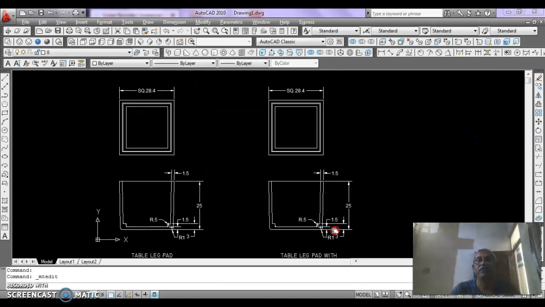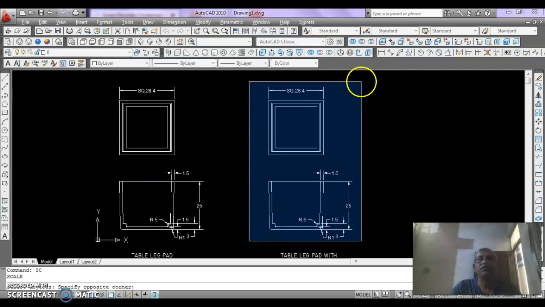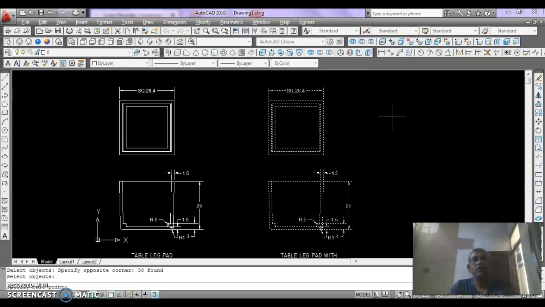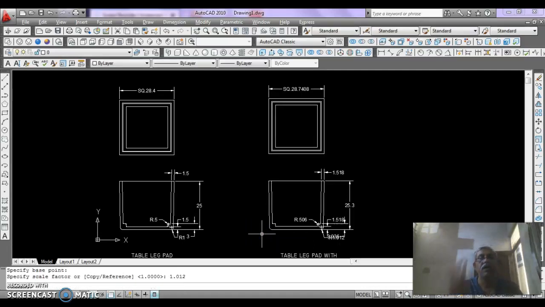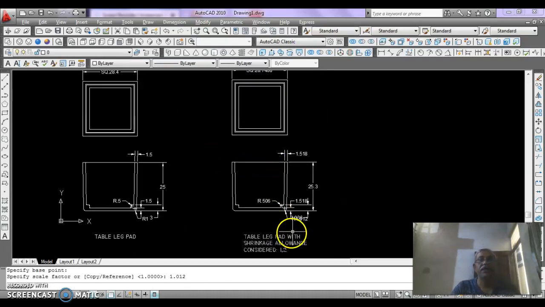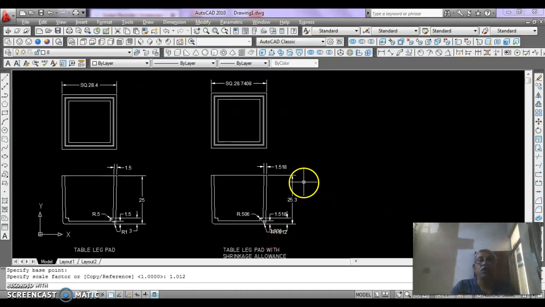Then scale the component using the scale tool, because shrinkage allowance is to be added for the mold time. It should be 1.012 as I explained in the earlier drawing. Now